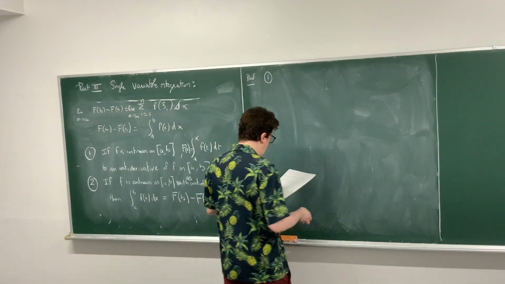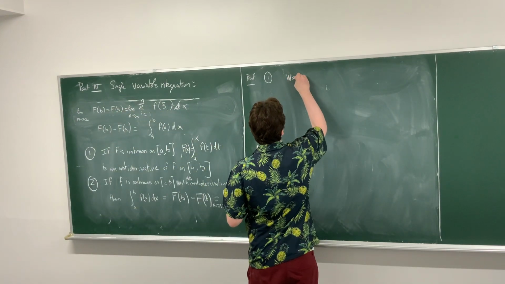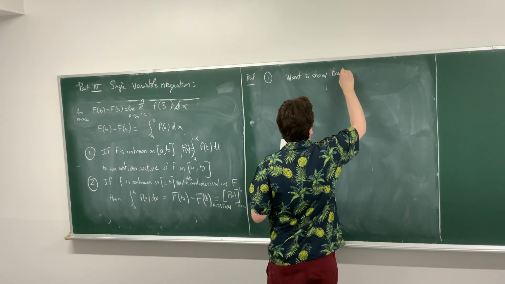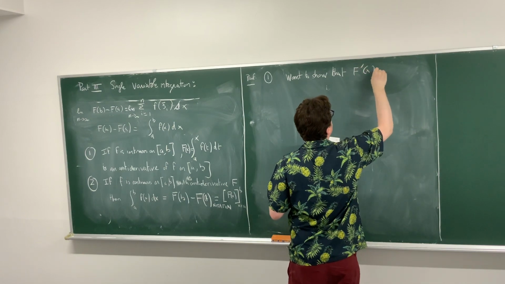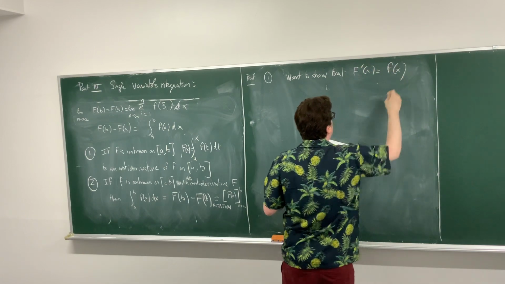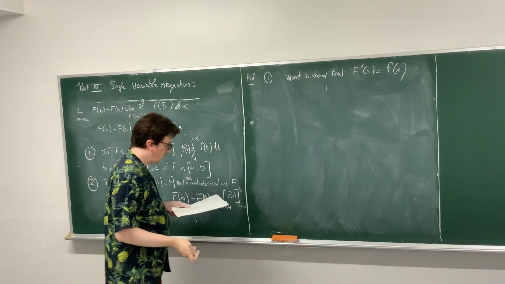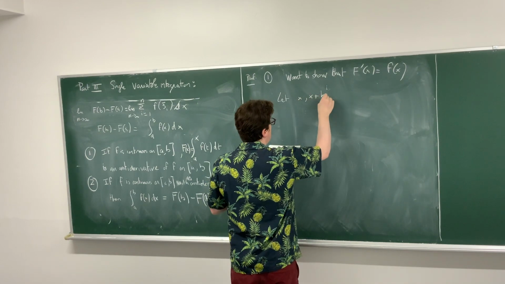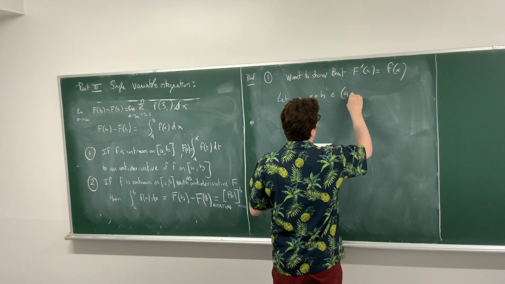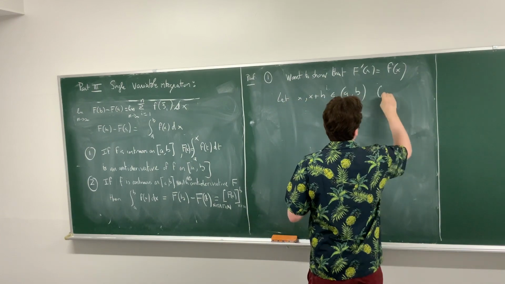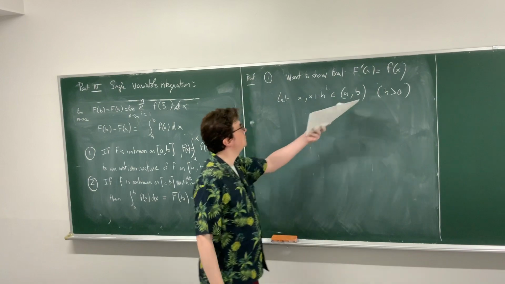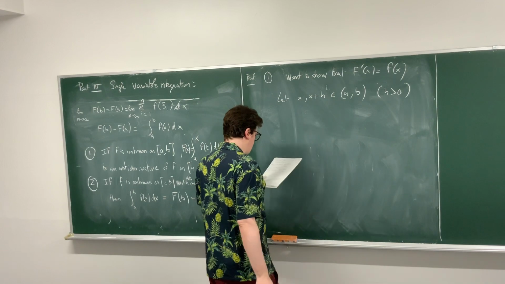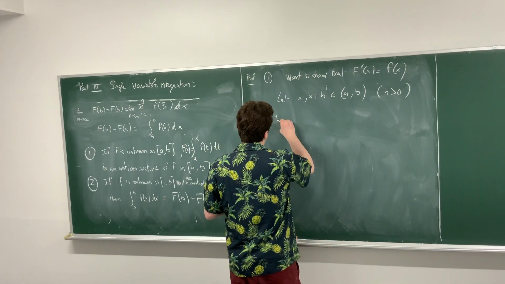So what do I need to prove? We want to show basically that f prime of x is equal to small f of x, right? That's all we need to prove. So I'm going to consider x and x plus h in the open interval AB. H will be a positive value and small enough such that x plus h is still in AB if x is in AB. Then let's calculate.